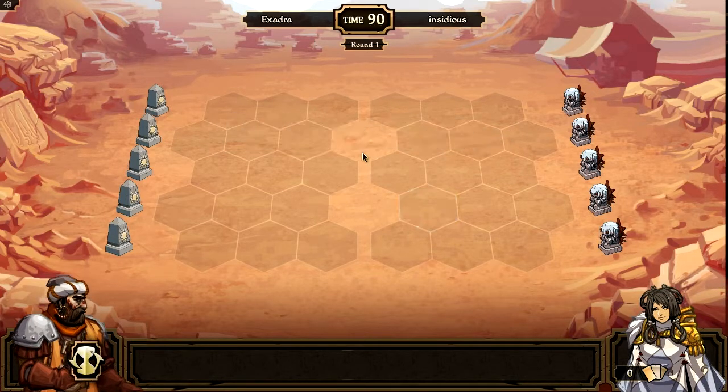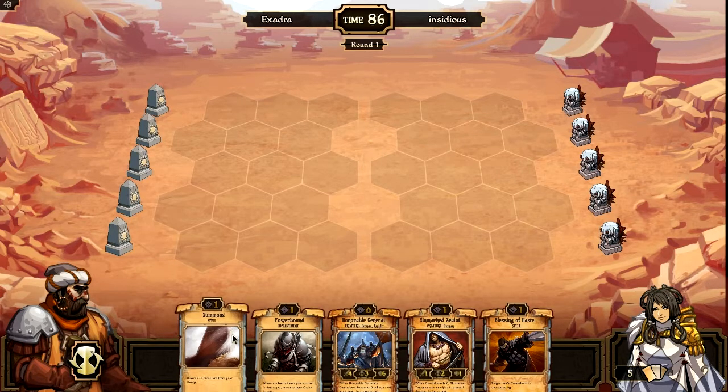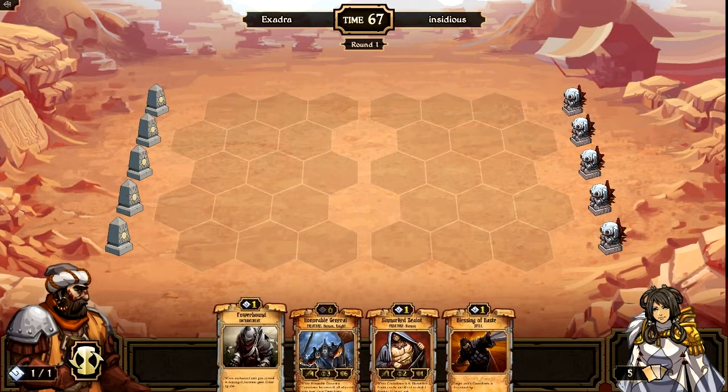So as you can see, this is what the field looks like, and right now you can see that you start out with 5 cards, very similarly to Magic the Gathering. The person who goes first starts out not drawing a card, I believe. And anyway,